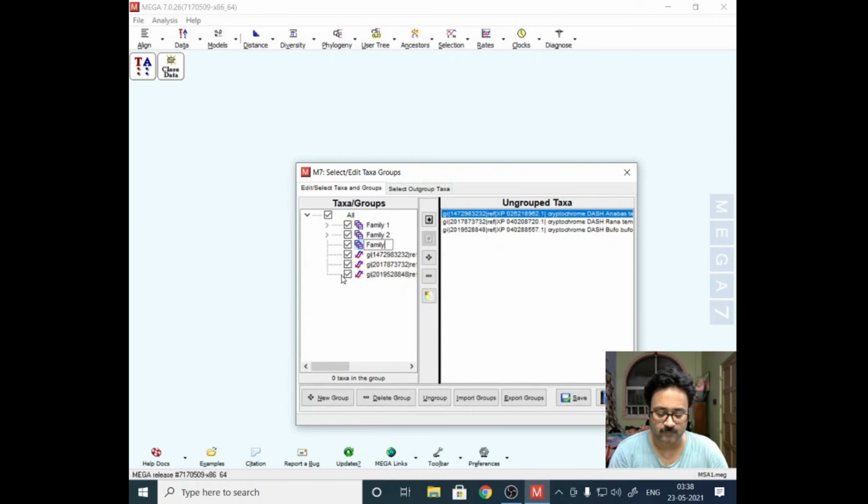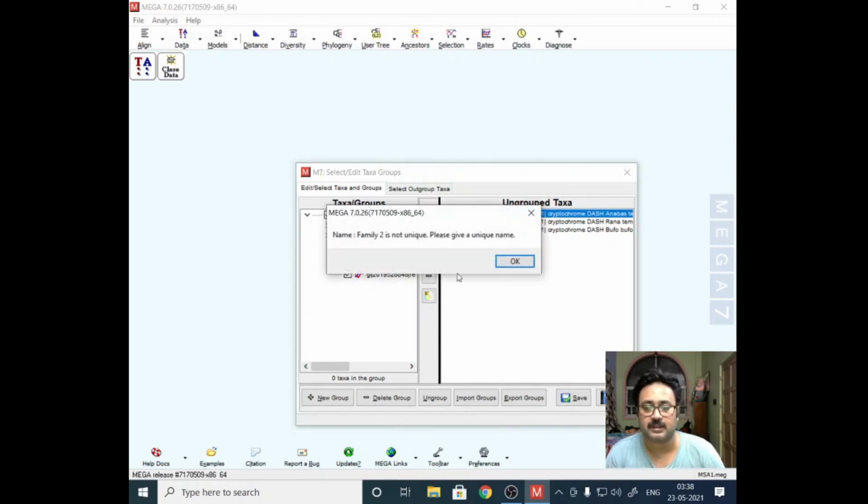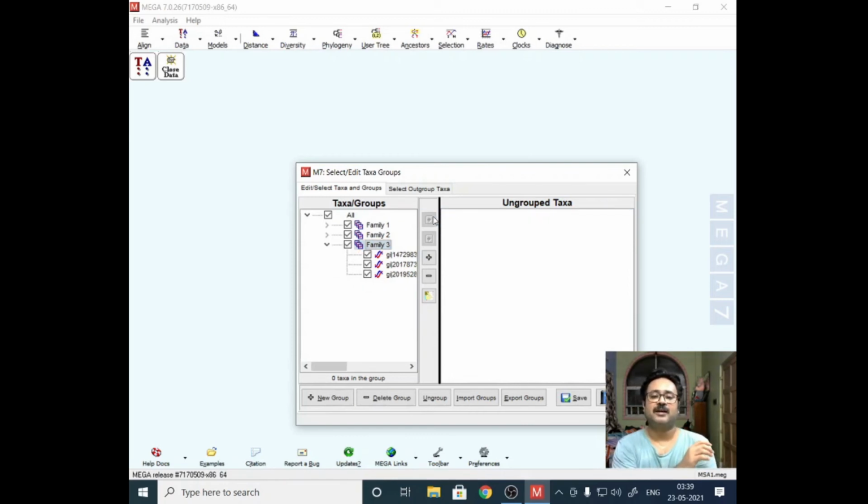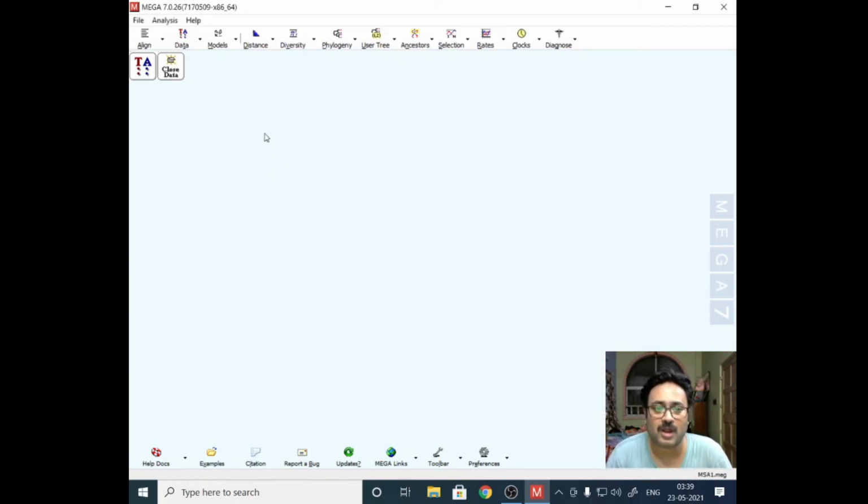Obviously you have real names when you are working with biological samples, but I am just trying to show you, so I am just writing family 1, 2 and 3. In this third one I am going to add all of these 3. So now I have made 3 groups with all the species under them. Now what analysis can I do from here?